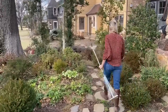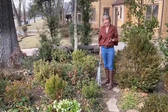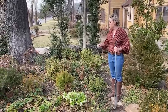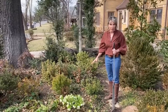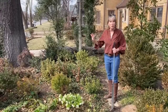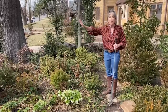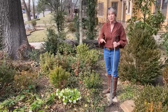Now here was my procedure on fertilizing. One of the reasons I wanted to remove a lot of the leaves in these areas was because if I threw out that granular Holly-tone it would just sit on top of the leaves, and it wouldn't penetrate down into the soil and really do any good to the plants themselves. So I wanted to expose enough of the soil so there would be good fertilizer to soil contact. That was true if I threw some on my evergreens, because it's also good for evergreens, or my azaleas, camellias, my yews, anything like that. I would make sure that I removed some of the leaves and any mulch around that, so there would be really good